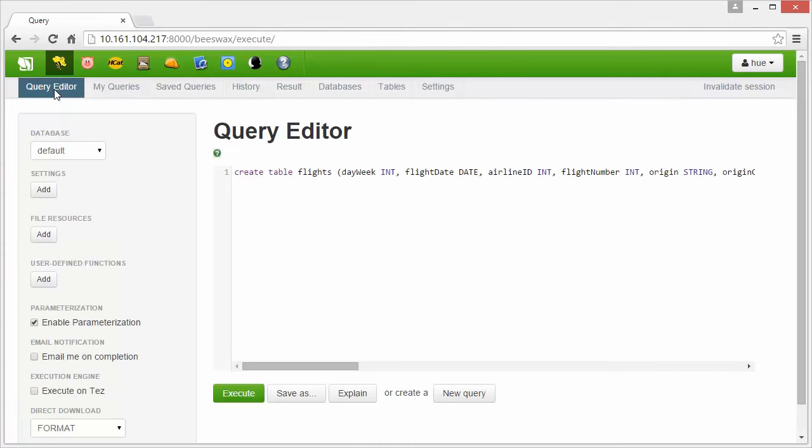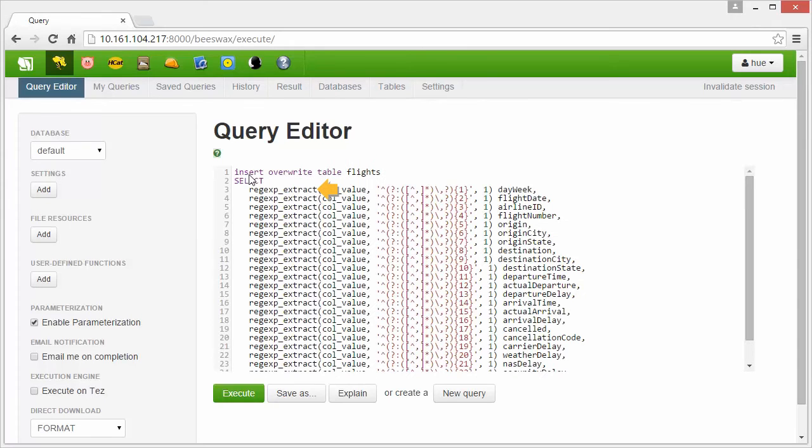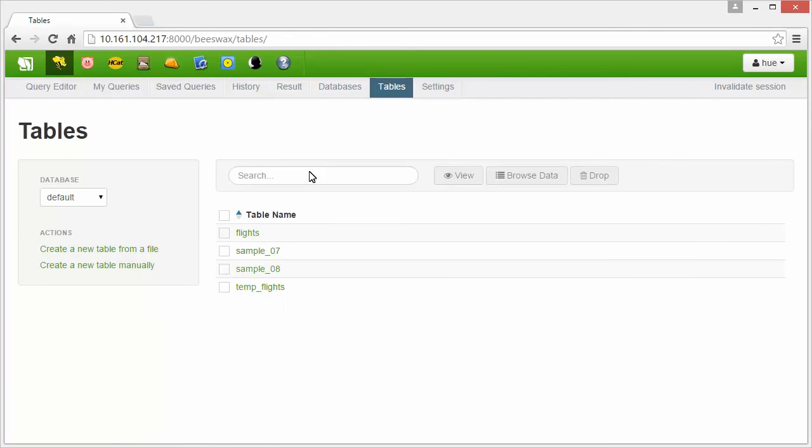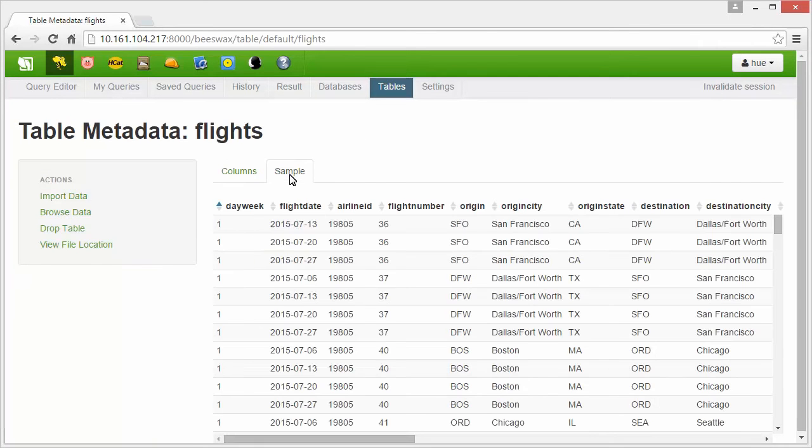Now that the table has been created, we can parse the data from the temporary table and load it into the new table. The regexp_extract command lets us parse pieces of data out of the string of comma-separated values in the temporary table. The syntax defines where the breaks happen and in which column to place the extracted value. We'll check the final results for the table. Now that the sandbox contains our data, we can acquire the dataset and create some visualizations.